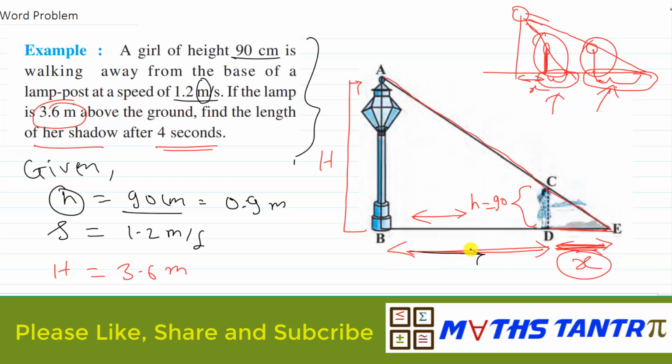So we have to find DB, and this will be the distance of that girl after 4 seconds, because she is moving from the base toward, in this case, the right hand side. So for the sake of simplicity,